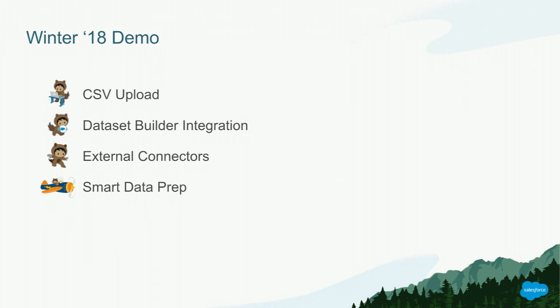That's a feature area that is relatively new overall, to allow customers to bring in their external data into Einstein Analytics using our connectors to actually move the data over. And then also we've leapfrogged our data prep recipe capabilities into becoming a truly smart data prep mechanism for our customers. So let's move over into the demo